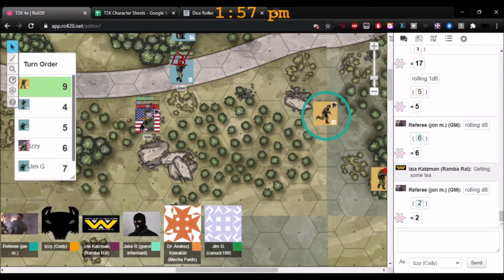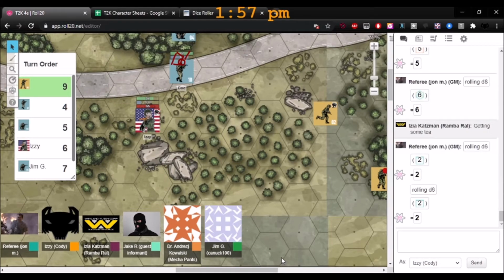Okay, this guy is still suppressed, the guy behind the rock that Jim just tried to blow his head off with a machine gun. And now this guy up on the hillside, he also is going to try and unsuppress himself, and doesn't do it. And this guy up on top of the hill over here to the east, he's also going to try and unsuppress himself. And he does not. So those two up on the hill would like to run away, but they're still crapping their pants.